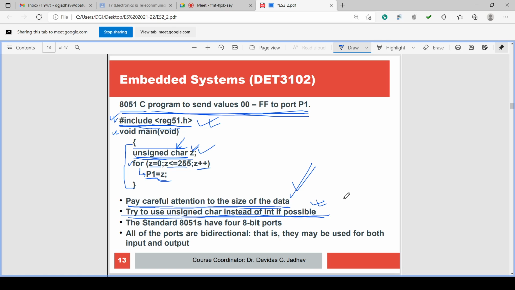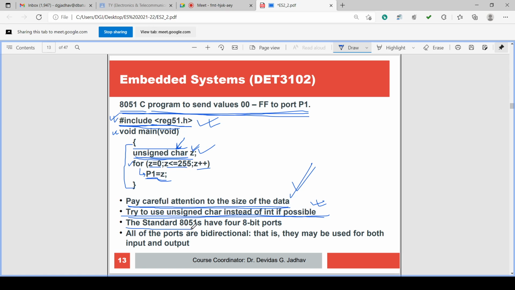Instead of that, we can use 1 byte. So avoid int if possible. If it is required, then you can go for int. If it is possible to avoid int, you can go for unsigned char or signed char.